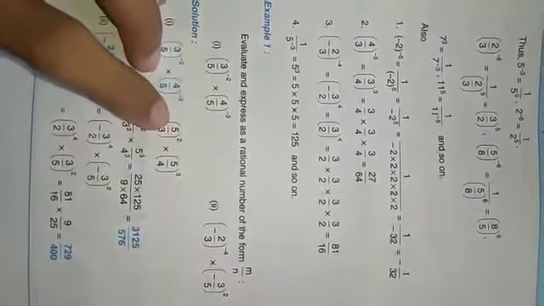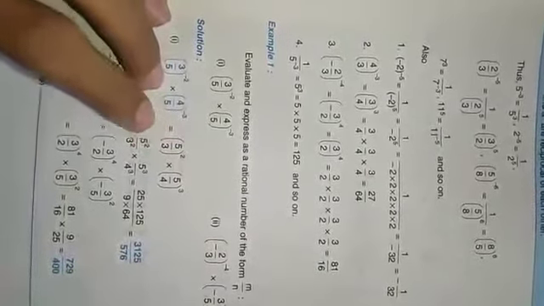Now we will split it. So 5 by 3 whole to the power 2, that means 2 is the power of 5 and 2 is also the power of 3. So we can write it like 5 square, that means 5 to the power 2 by 3 to the power 2, and in this case also same, into 5 to the power 3 by 4 to the power 3. So 5 to the power 2 means 25 and 5 to the power 3 means 125.